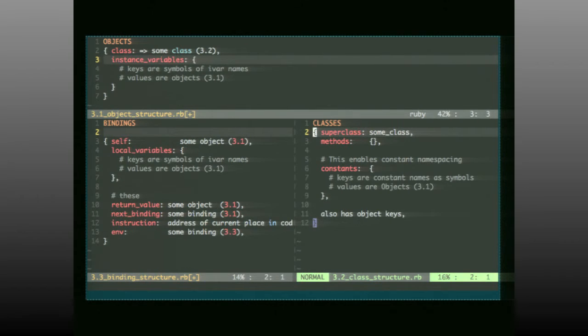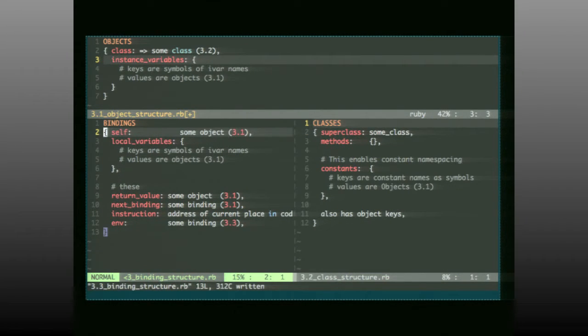So I've got three structures here, and to some extent this is my interpretation, and to some extent this is totally truth, depending on how you want to look at things. These are the structures of objects, like the data structure that sits underneath of an object, the data structure for a class, and the data structure for what I'm calling a binding.